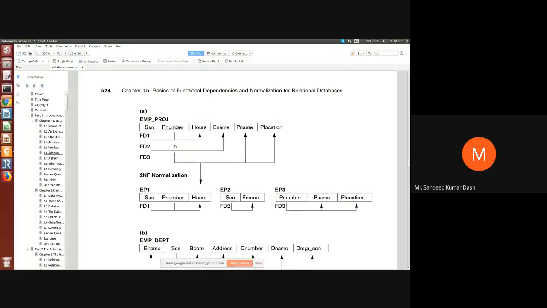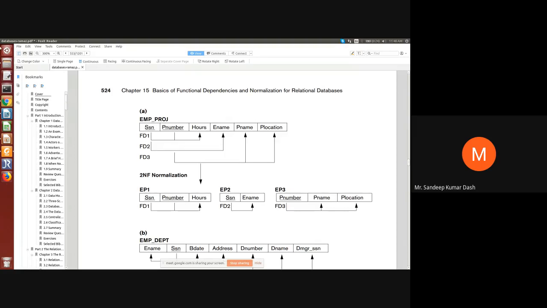They will simply draw this kind of figures and ask how you are going to identify whether this is in 2NF or 3NF, and how you can normalize it into 2NF. Those things will be asked. So that's why this is very important. Don't skip it or think that you will learn it at a different time from books, notes, video lectures. This is also a kind of video lecture. So be clear. I'm stressing that.